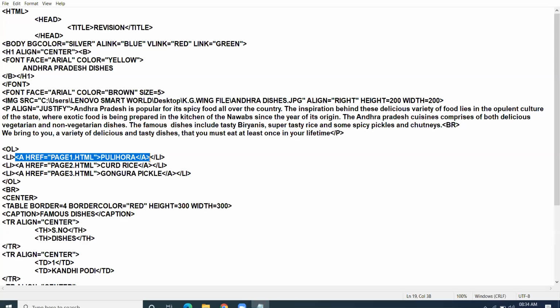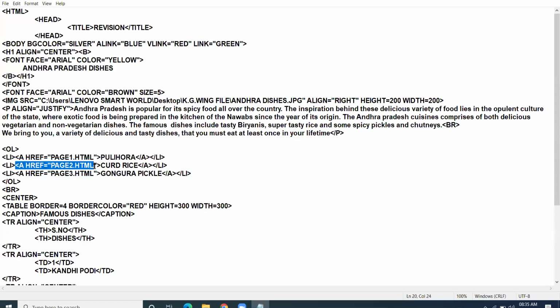So how to create external link? A href equal to name of the web page to which you want to get connected. Then your hyperlink, close your anchor tag, finally close your list item. Then second list item, second command of hyperlink.